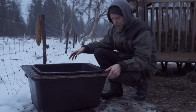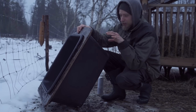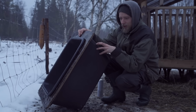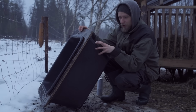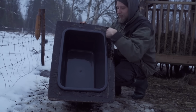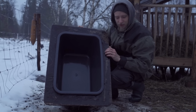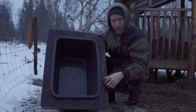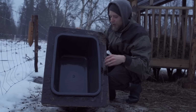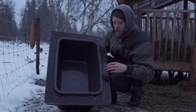Got a question on this. It's very simple. It's a bigger bowl and a smaller bowl, and then I made this, vad ska man kalla det? Kantlist. Then I made this frame of some sorts to just cover the holes between the two. And in between these two,